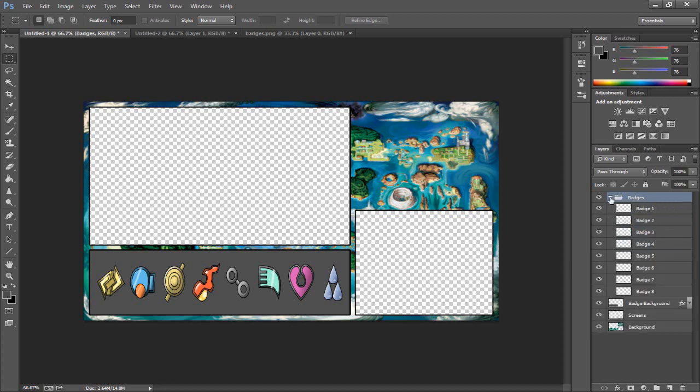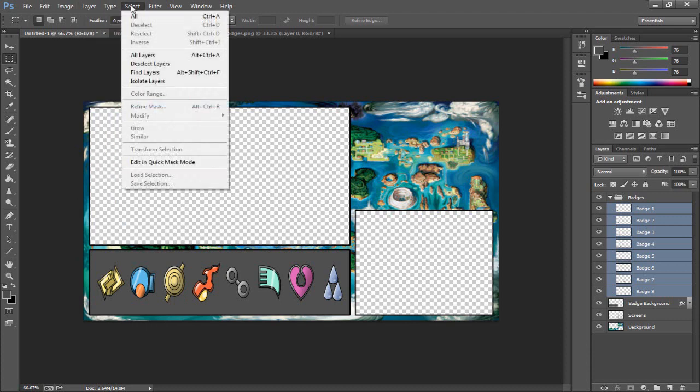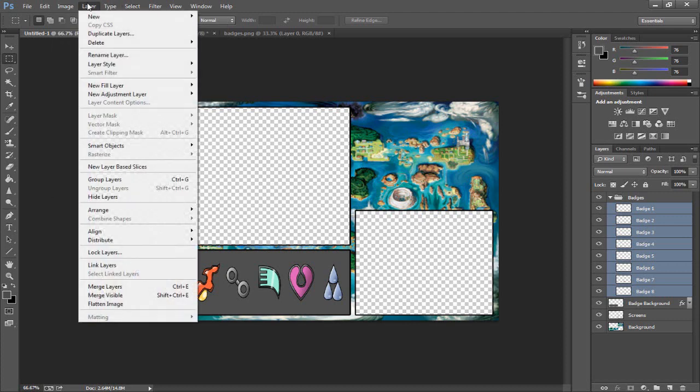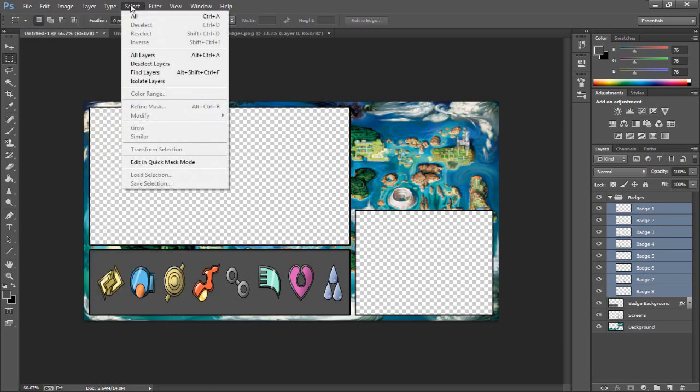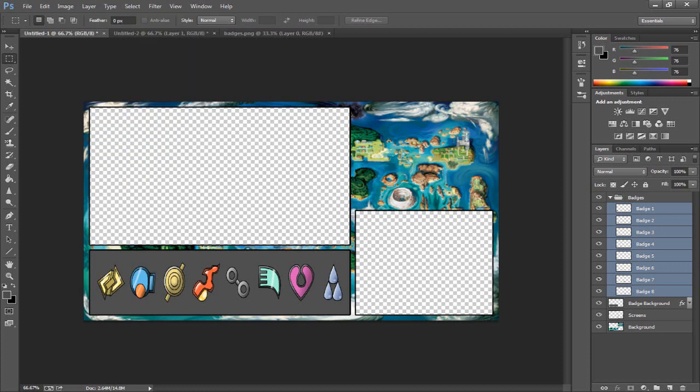So what you're going to want to do now is click the first badge again and hold down shift and click badge 8 so you select all of them, and then go up here to, is it select? Oh, wait a minute, what did I do? Hold on a second. Okay, I remember now. So select all of these,